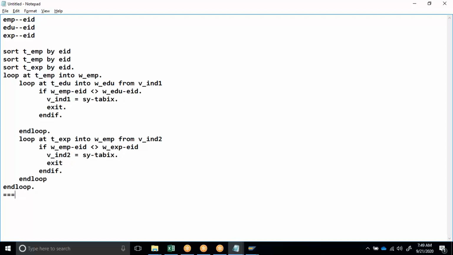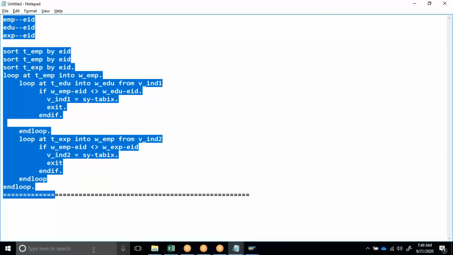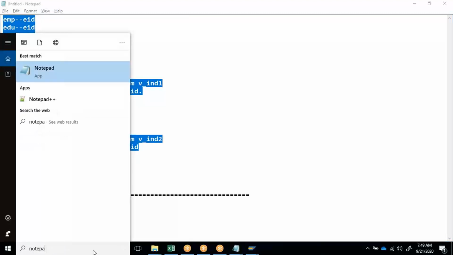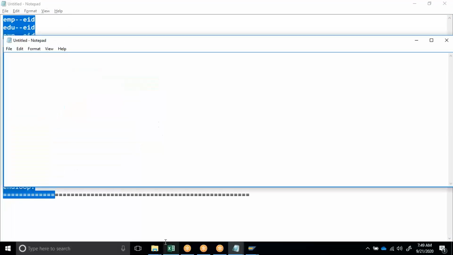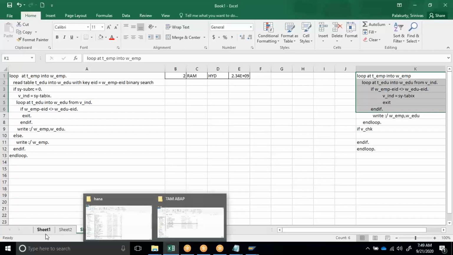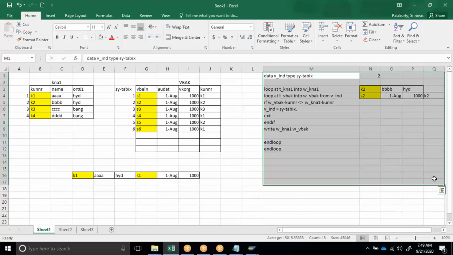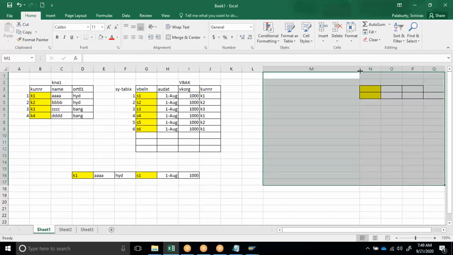So can we apply parallel cursor to multiple tables? Yes, in this case, yes. One more example. Now I want to connect KNA1 with key field KUNNR, VBAK with key field VBELN, and VBAP with key field VBELN.